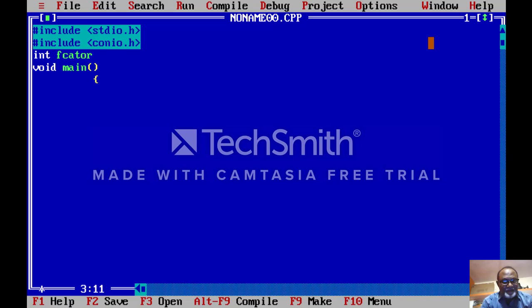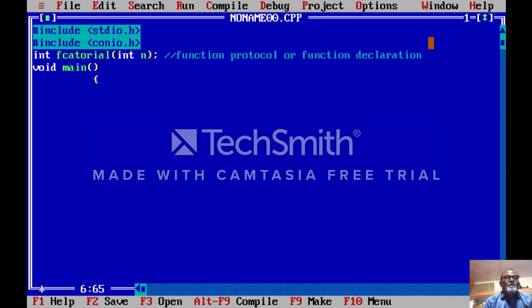The name of this function is factorial and its argument is integer type. This is the function prototype. It is also known as function declaration.